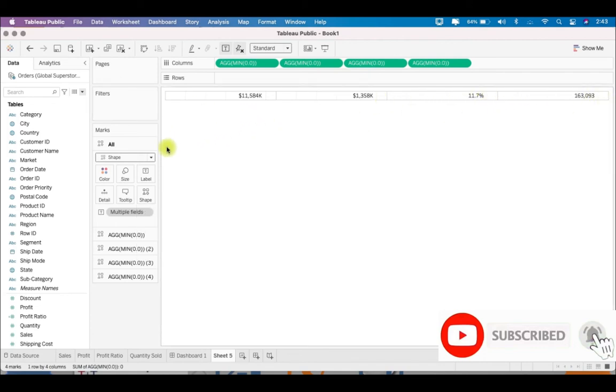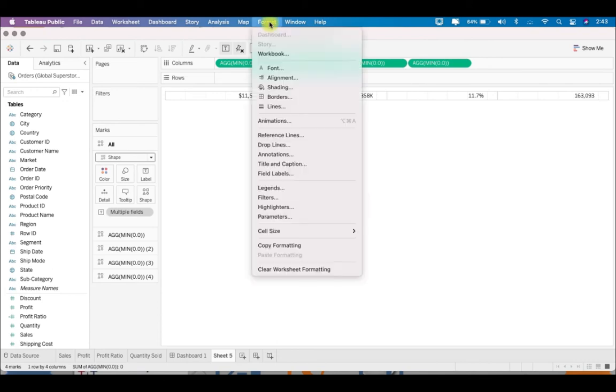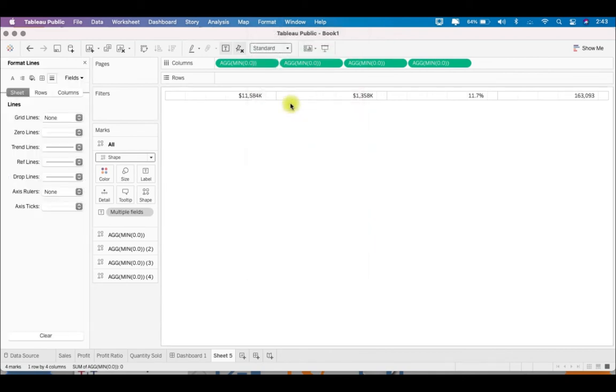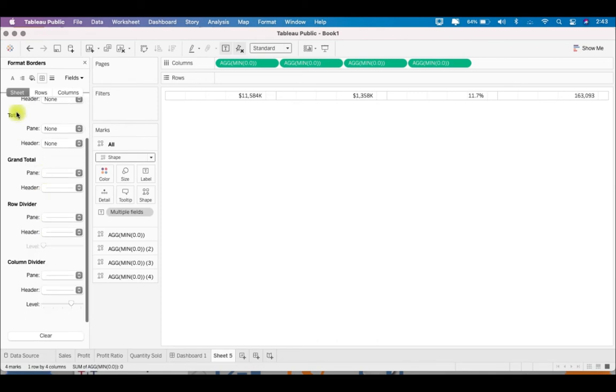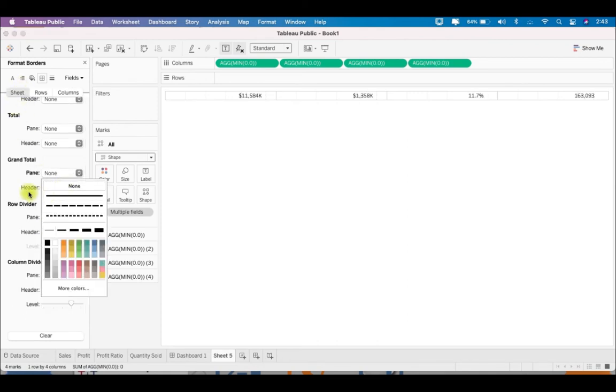Now once this is done, we'll hide these grid lines and column dividers, all those things. So go to format. In the format, go to lines, and in the sheet option, wherever you see line, just select none.